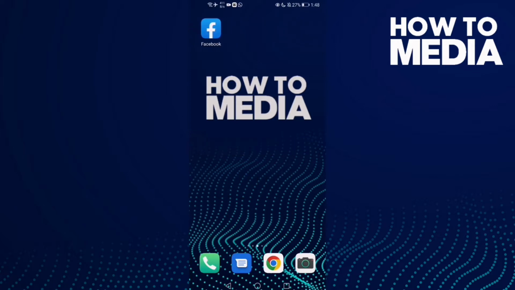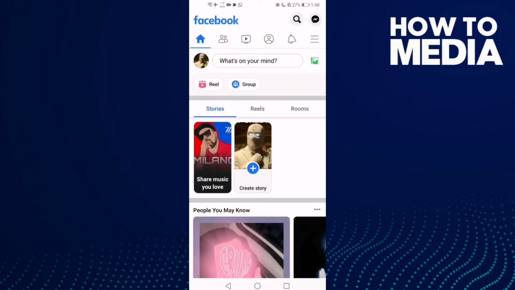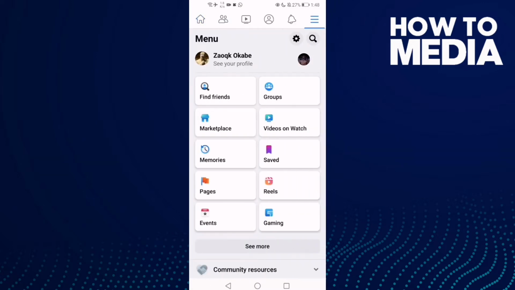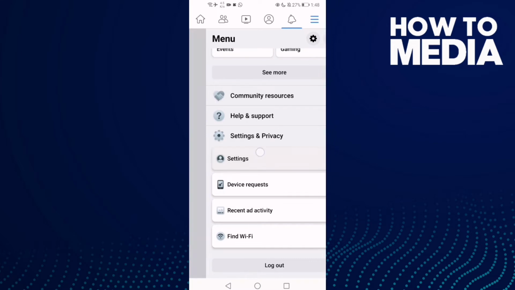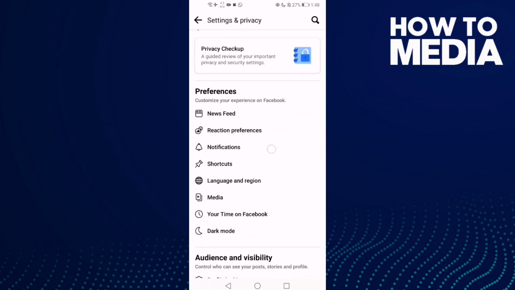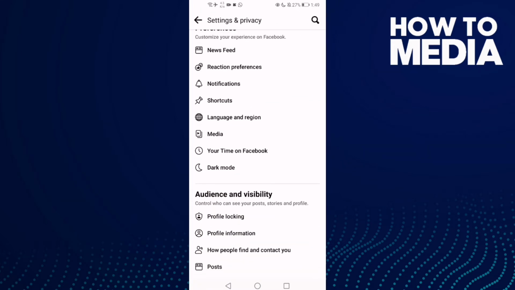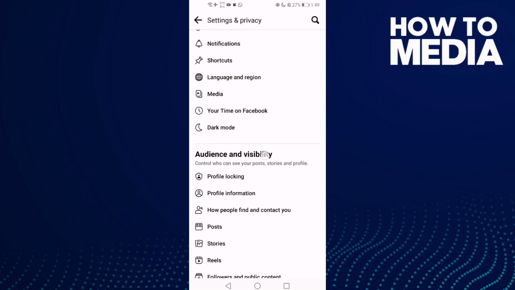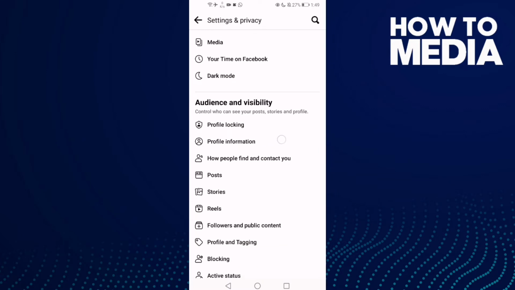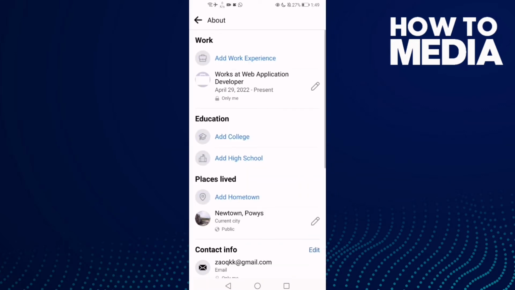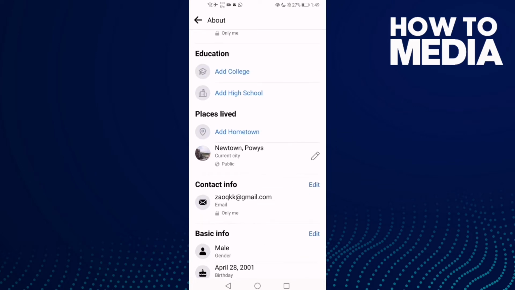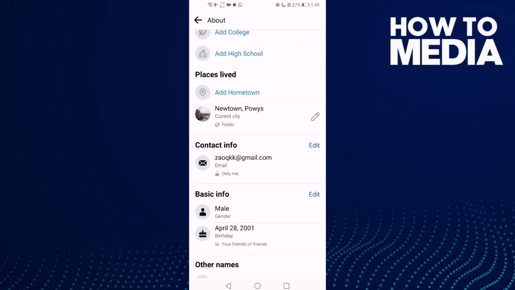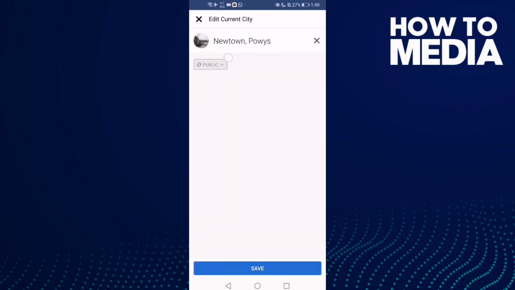First thing you're gonna do is go to Facebook and then click these three lines here and go down until you find settings and privacy and then click settings, and now go down again and you will find here profile information. Click on it and then click this one, new town or your city. Click this pen here and then click this one,